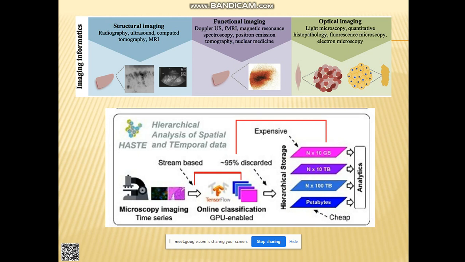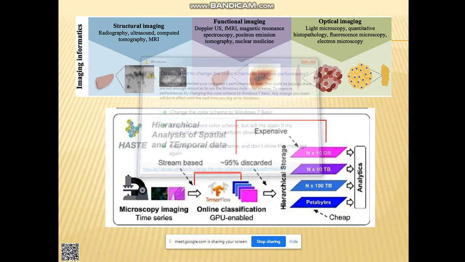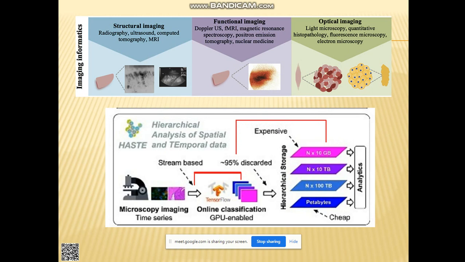There are plenty of different examples like this, but the BRCA antigen for breast cancer is the most celebrated one, because there has been a very successful therapy, as you know, Herceptin, a monoclonal antibody, which is like a magic bullet for breast cancer cases. Now there is optical imaging. This is the thing that we do under the microscope: histopathology, fluorescent microscopy, and electron microscopy. These are the things that we do with the tissue.